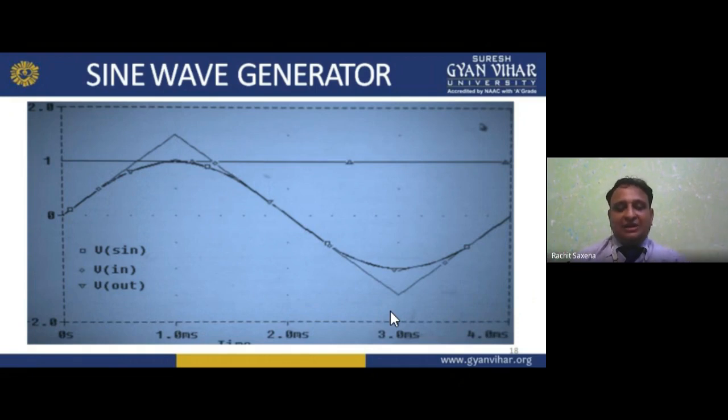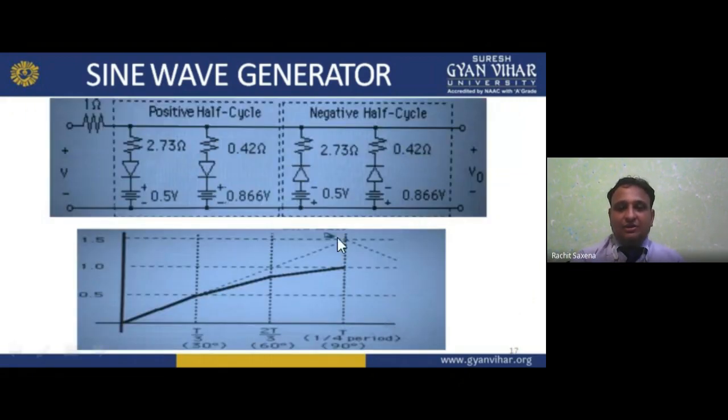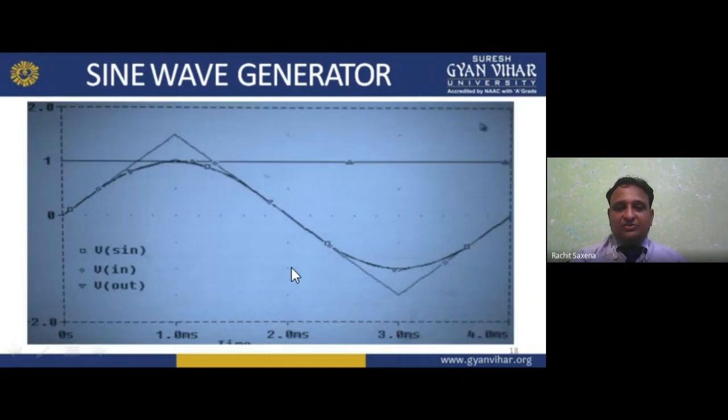We get the rectangle. Then if we are using a resistance-diode shaper circuit, with some limitations, some resistance I have to fix, conducting, non-conducting, forward bias, reverse bias, then I'm getting this wave in this form. That is a sinusoidal, it's a sine. I hope you understand. So this is about the sine wave generators. So three waves we can easily generate with this block diagram.